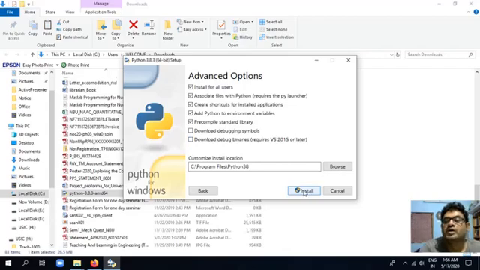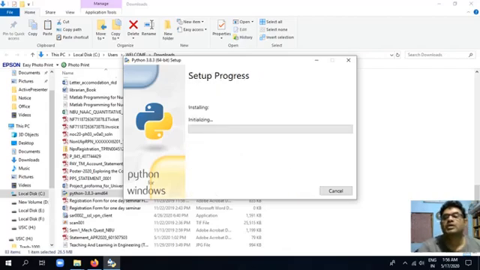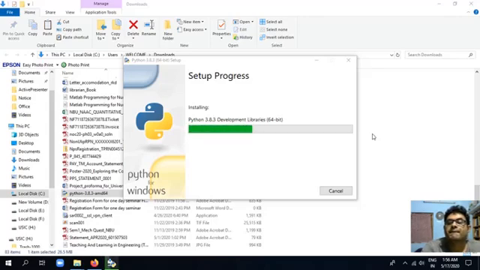Now we go for installation. For this I double click on install. Now you can see that my installation has started. Now look at the things that are coming: the standard library and the packages that were present are appearing on the screen.